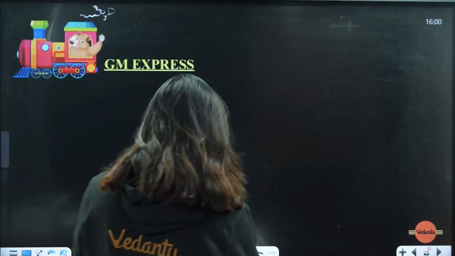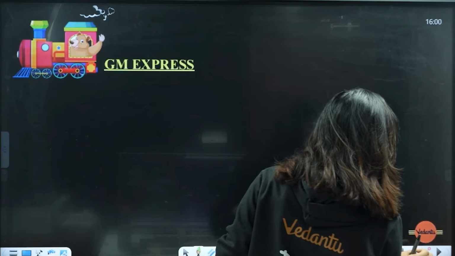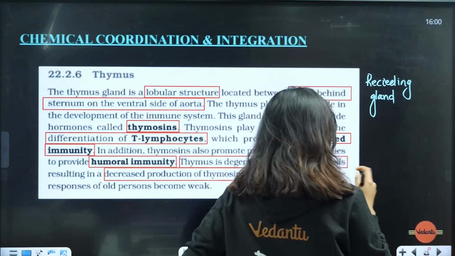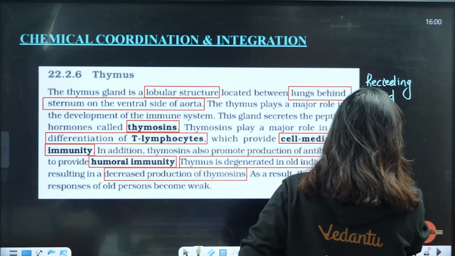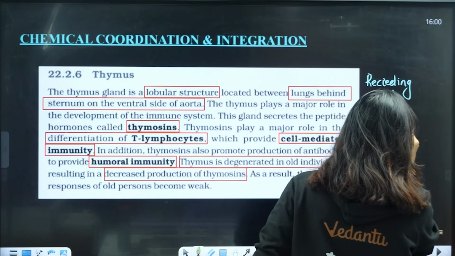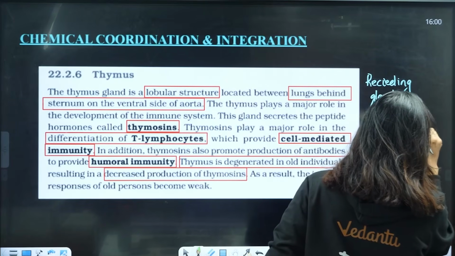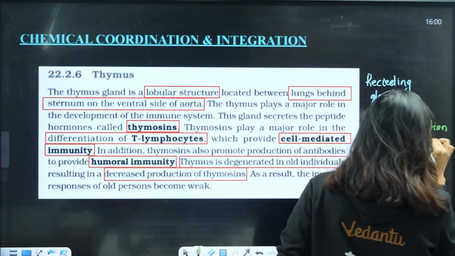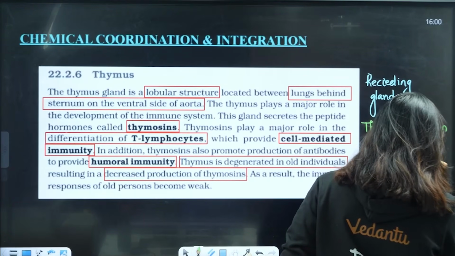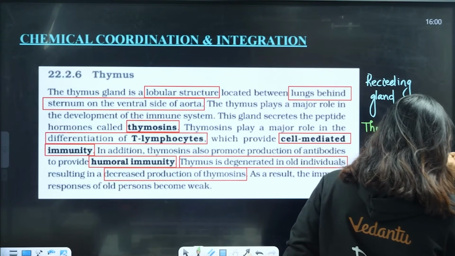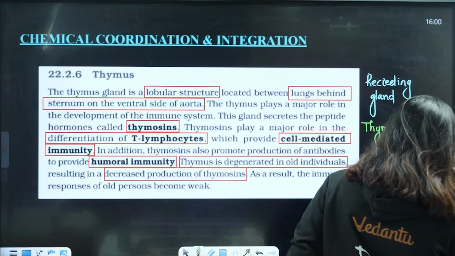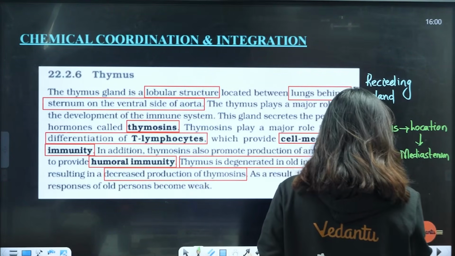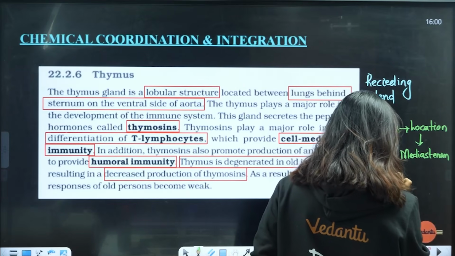Okay, nothing much. I think I'll write it here only. Just write about the thymus. Very little is there. Location, students: present near the mediastinum, the same place I had told the heart. I hope all of you have seen body fluids and circulation. And this will help in maturation